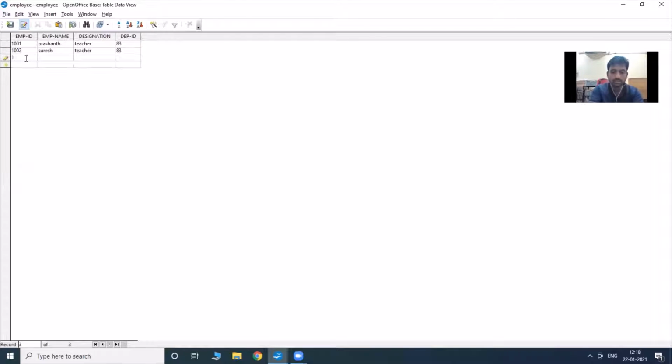Next, 1003. This is the way of inserting; you have to insert his department number. Next we insert 1004. Likewise, you have to insert every teacher's or every employee's details in this particular table, and save the current record. Save current record, then the records will be saved.